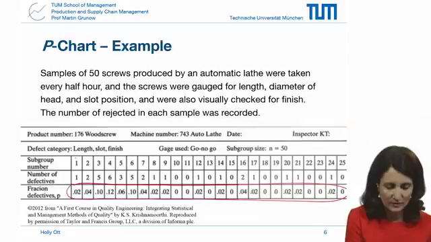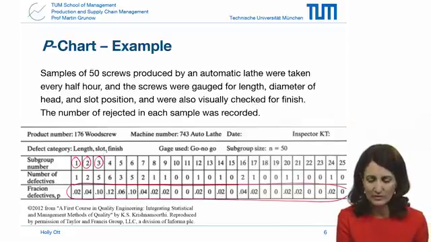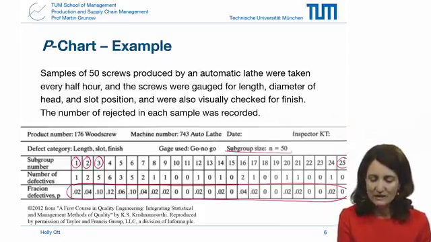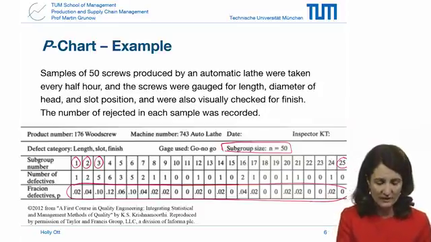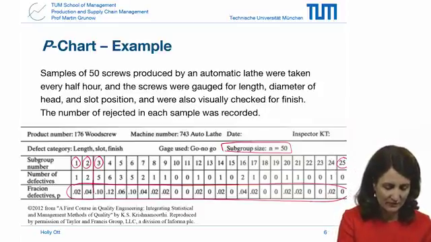So here's our subgroup. We have subgroup 1, subgroup 2, subgroup 3, sample 1, sample 2, sample 3. We have 25 samples that we're using. The size of each sample or subgroup is 50. And so, for example, if we look at sample 3 here,